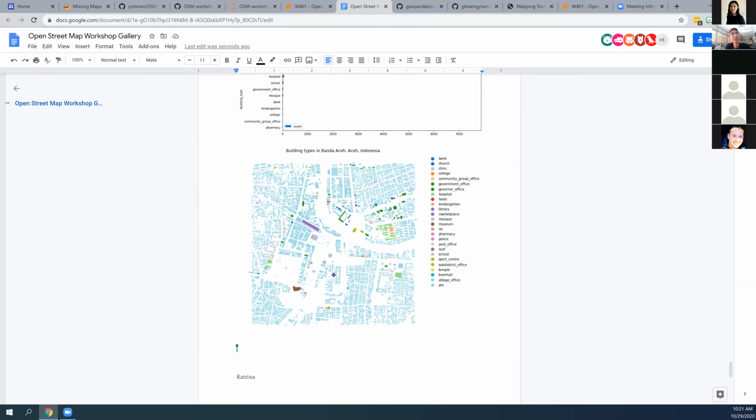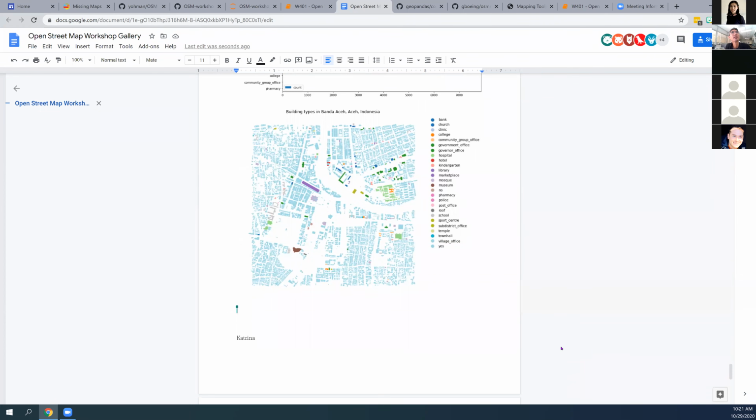Do you know what area, because it's at the tip of Sumatra, right? So the ocean is probably surrounding it somehow. Yeah, I can't pinpoint this, but you can see a big road. That's the mosque right there, right? There are a lot of mosques. I wonder if that's the